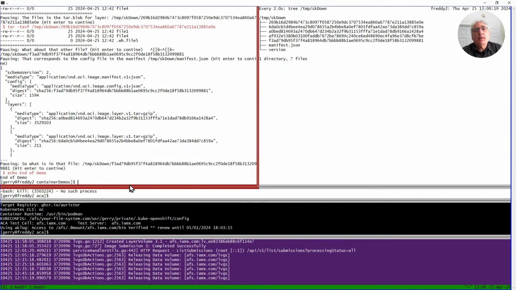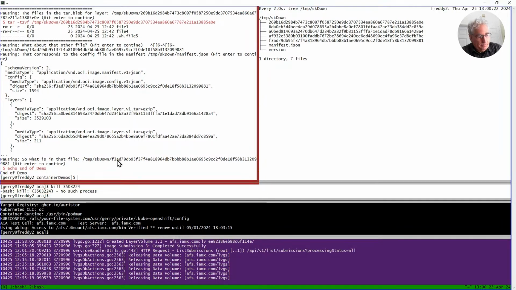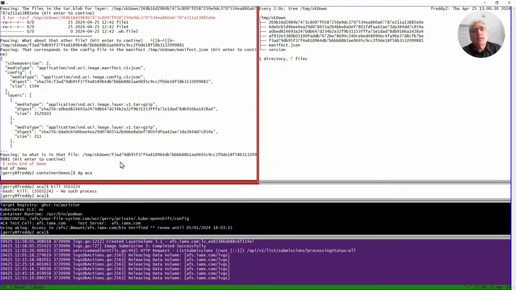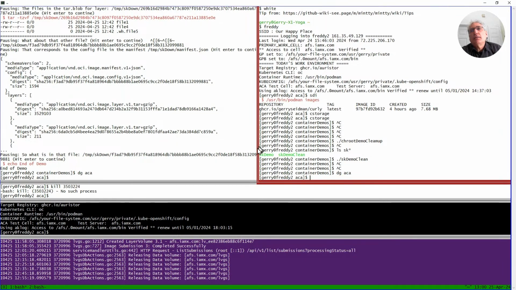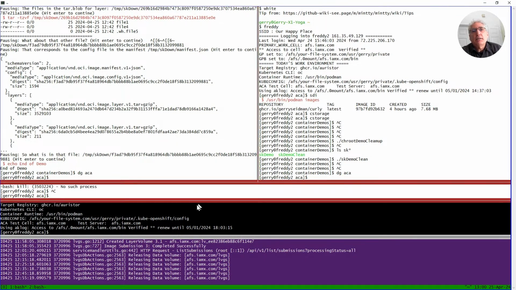before we wrap up. All right, change some layers.